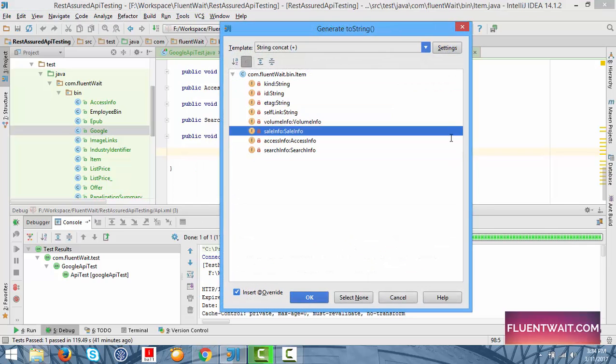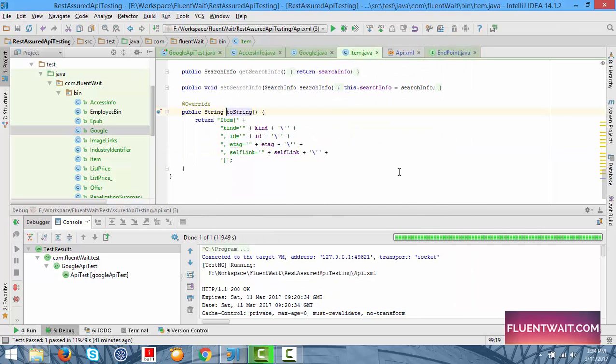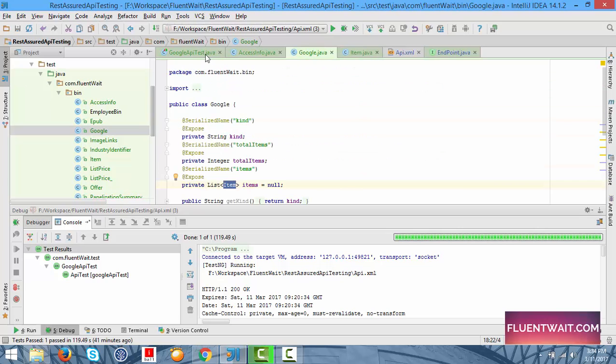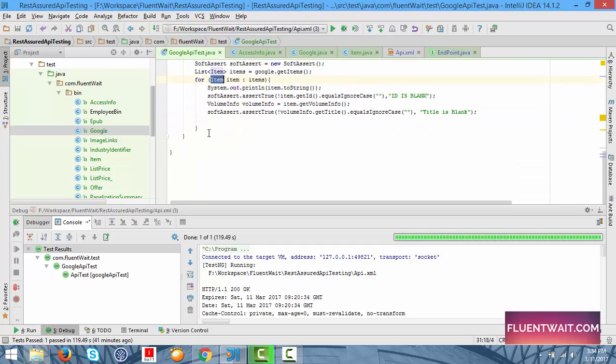So I want just basic information which is strings, not all the objects, because we have to again go ahead and add toString to those objects. So I want just this thing just to show we are validating all 10 objects. And finally we will have